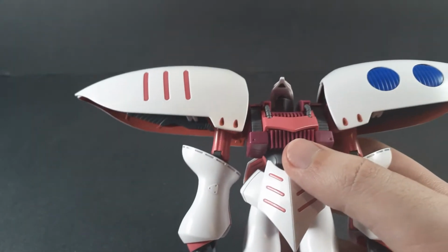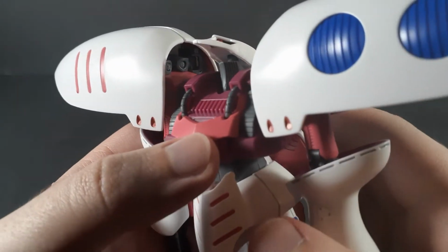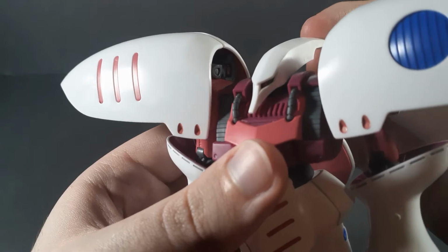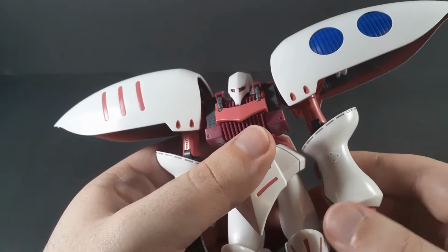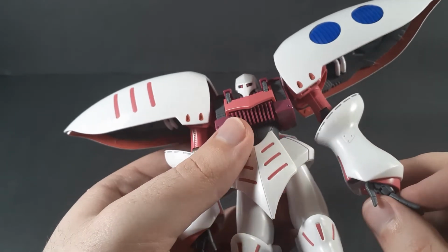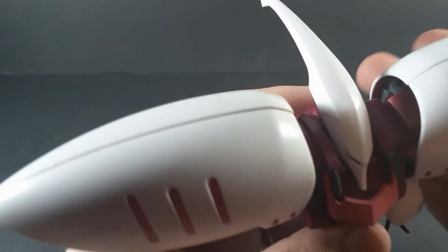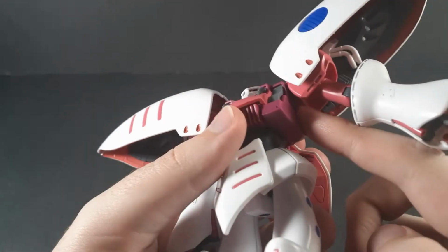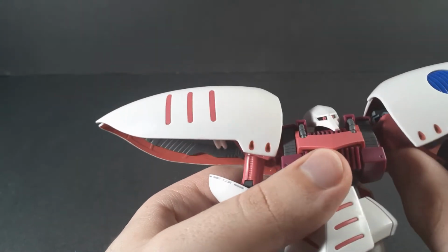Just a moment. There we go, better lighting. You can actually kind of see the detail now. But this is obviously for the flight mode, where these just fold down over the arms, which this can pull off, but not really important enough for me to show off, to be honest. Anyway, moving down to the shoulders, and there is technically a movable polycap in here, but